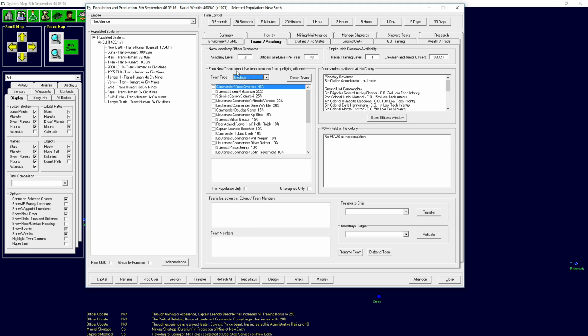A team consists of 5 members. The higher the percentage bonus, the faster they will be able to find something, and also the more likely. And besides finding things, they can also improve the availability of minerals, which is also quite important. Earth already had a geological survey by a survey team, but the rest of the bodies that we are currently on didn't. So let's create